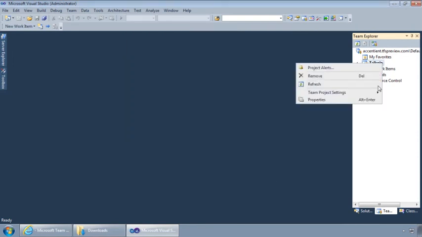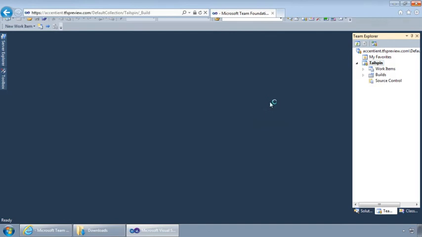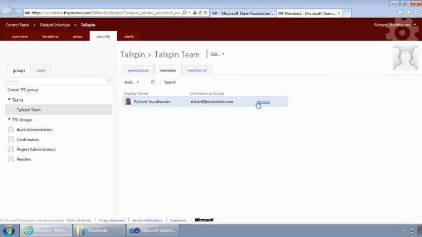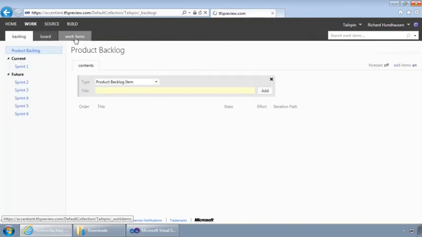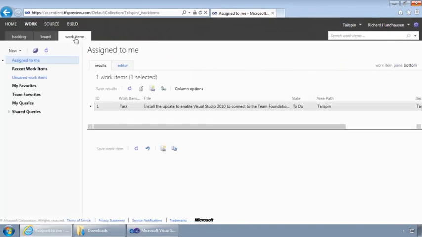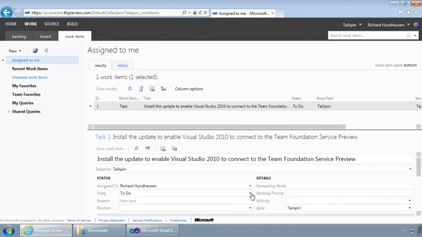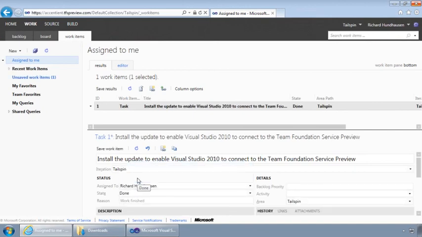And we can also come back in here and look at the group membership. So as you can see, some of the administration functions will actually take you back to the web. Let's go ahead and close this tab. Return back here to our team project, and let's look at the work item queries. I'm interested in finding that task I created for myself earlier. There it is. Let's go ahead and change the state. I think we're done at this point, and we'll save our